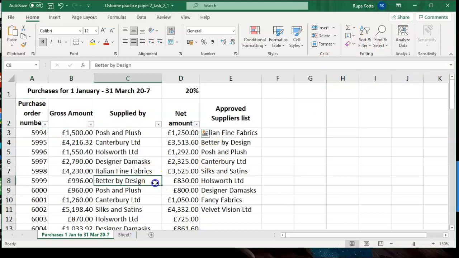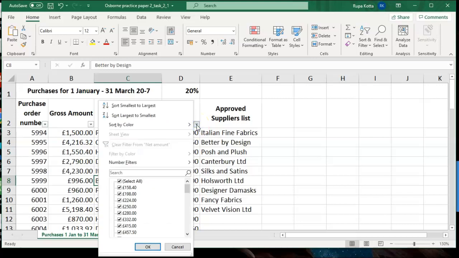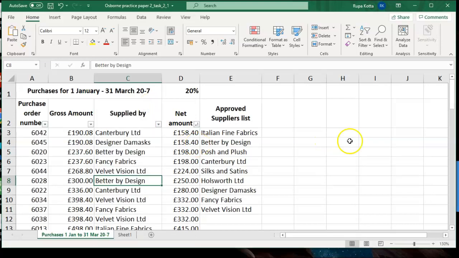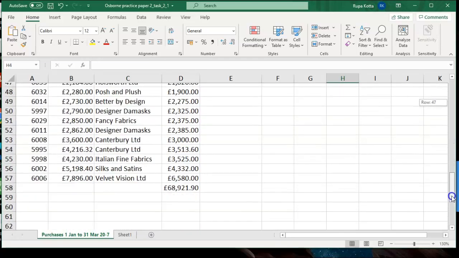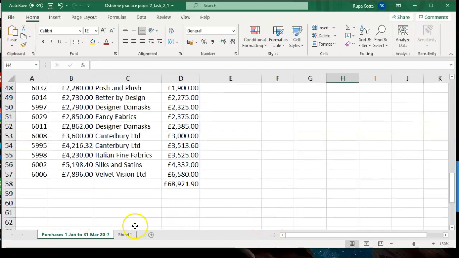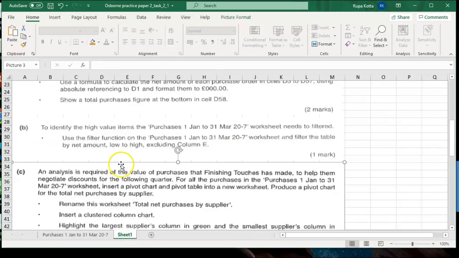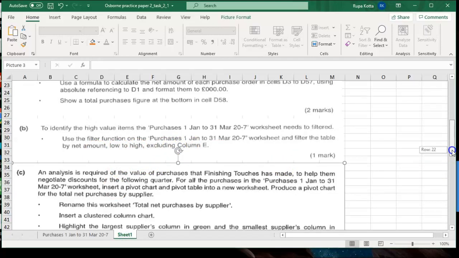And they want to show low to high of the net amount. So click on the arrow mark for the net amount, and then arrange from smallest to largest, low to high. Click on that and you can see all the values have now been arranged in ascending order from the lowest to the highest. Completed now. Next one,